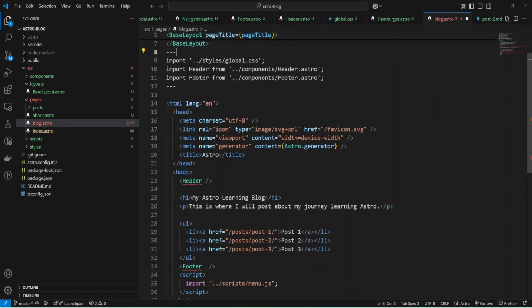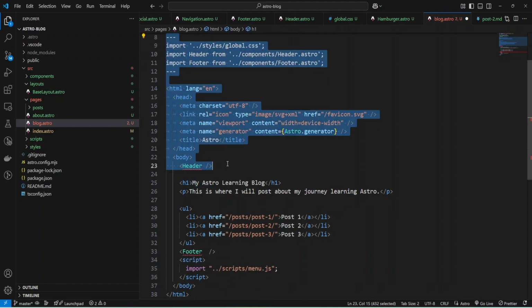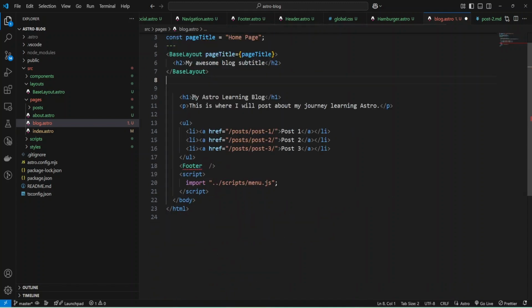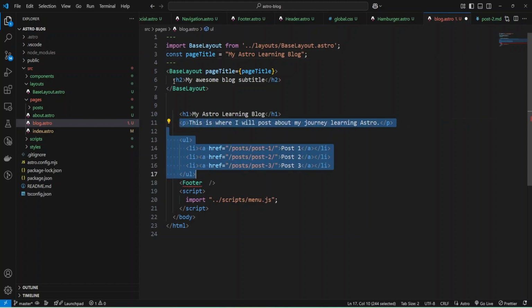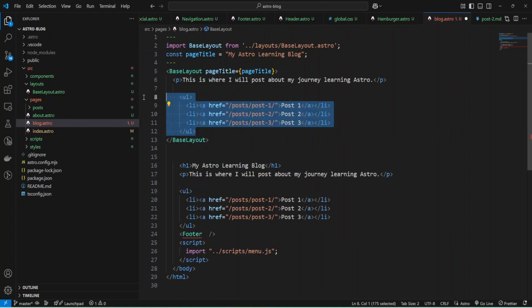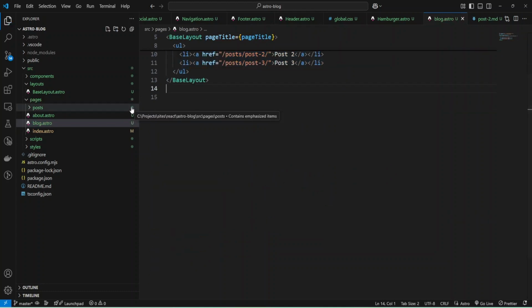Now I can remove these imports, HTML, header, and I will copy the title and provide it to my page title. And also I'll provide this paragraph and the other list as a slot to my component. Okay. And now I can remove the remaining code.